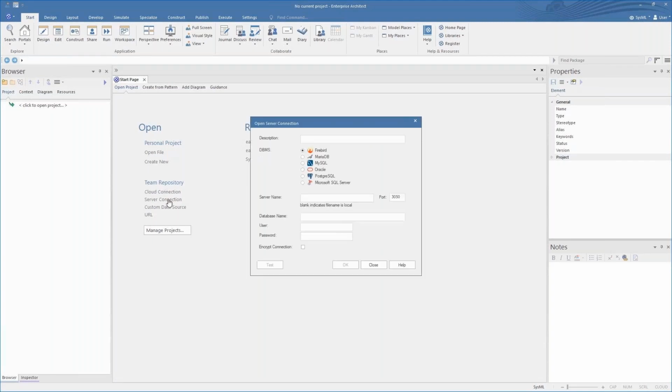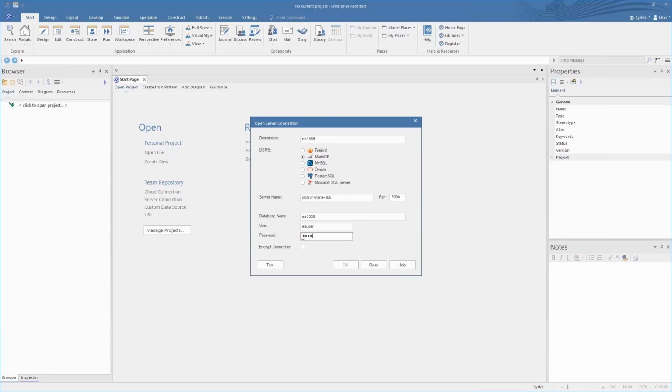So all you need to do is click on Server Connection and provide a description, and you can see that there are a number of DBMSs available, including Firebird, MariaDB, MySQL, Oracle, and a couple of others.